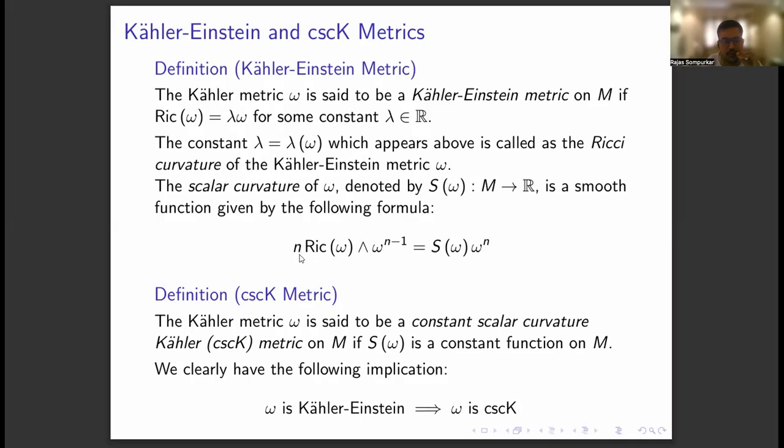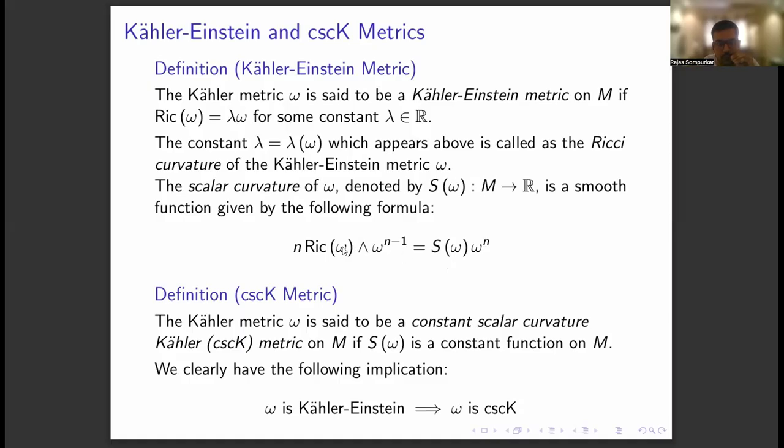So that's why, this is Ricci of omega wedge product with omega raised to the power n minus 1, divided by n minus 1 factorial, is equal to S of omega times omega raised to the power n divided by n factorial. If you divide this whole expression by n factorial, so we have